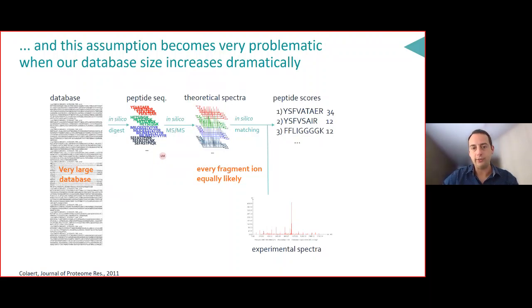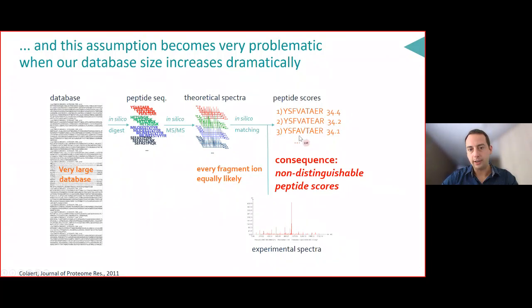That in turn translates into a far larger number of theoretical spectra. And now we get into trouble, because as soon as we start matching these experimental spectra to our theoretical spectra, we start seeing these kind of scores. So these are all different peptides. As you can see, they differ here in their final amino acids, and then I also flipped around the alanine and valine here, and as you can see, all of these options are actually pretty